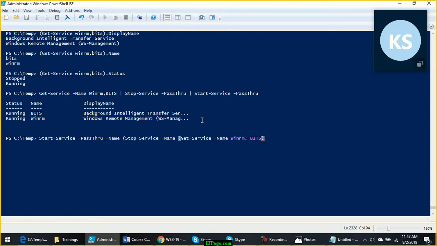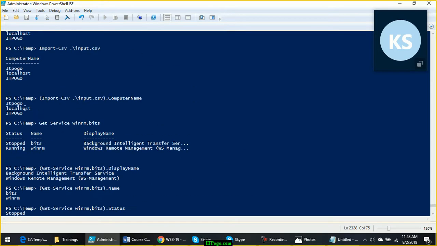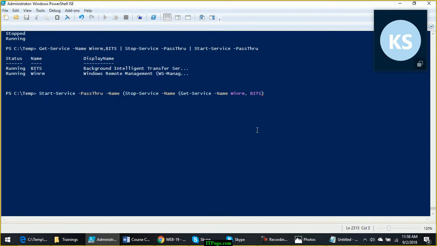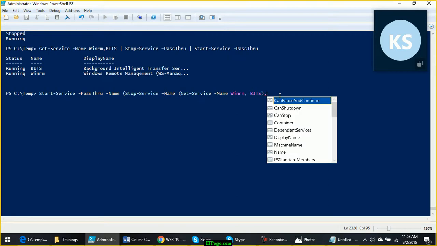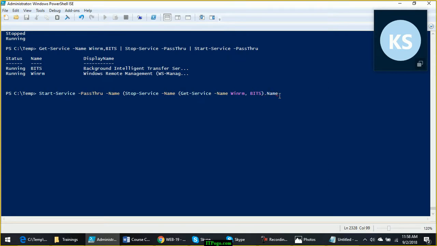Now this Get-Service command will produce the output we have seen earlier, and when you use Get-Service Vinaram, bits, .name, it will give you these two values, right? So to get the values for the name parameter here, we will get it from the .name property of this command.